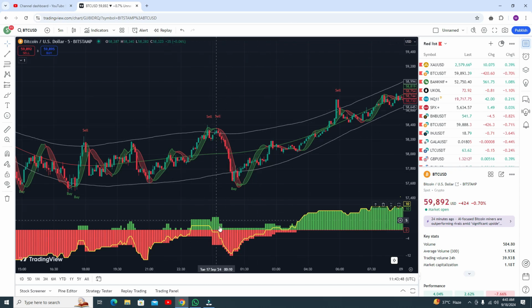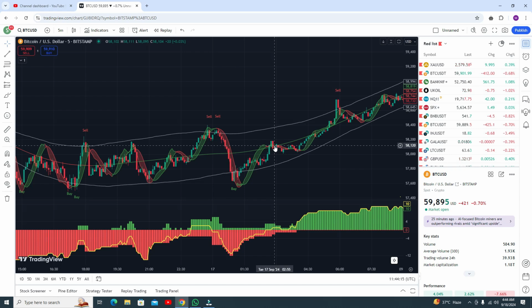Okay. So now this is again a profitable trade. After getting the buy signal, you can see this yellow line come upside from this point. At this point the yellow line comes upside from the 0 point. So now you can go for the buy trade. If you need, you can go for the buy trade, but I will not recommend it.